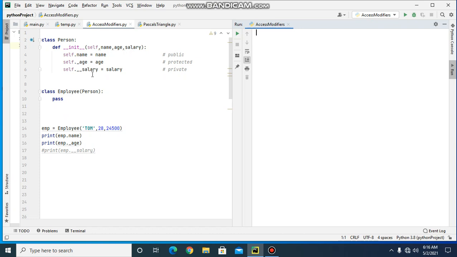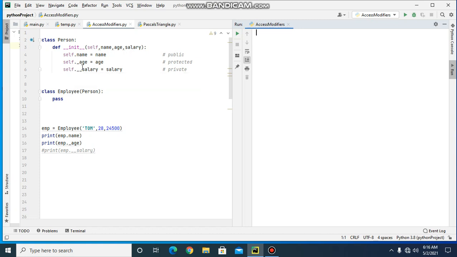That is, you can access it from within the child class or the subclass of this class Person. Although these protected members behave like public members, they are not for the users to use. It is something for the programmers and not for public use.